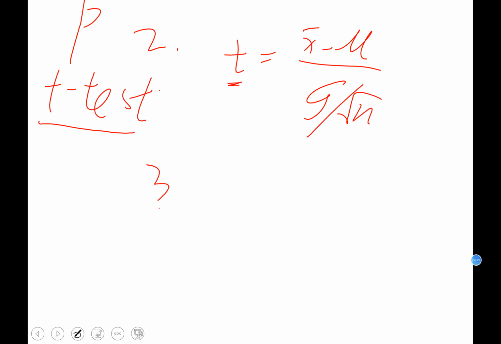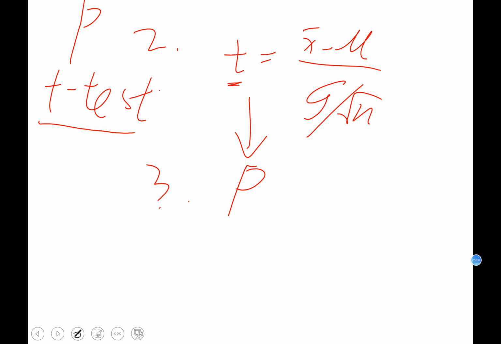So the third step is to state the decision. We said that the decision is based on the probability, the comparison of the probability with the number of alpha. So here we need to get the p value. How can we get the p value? We need to use the number of t value,